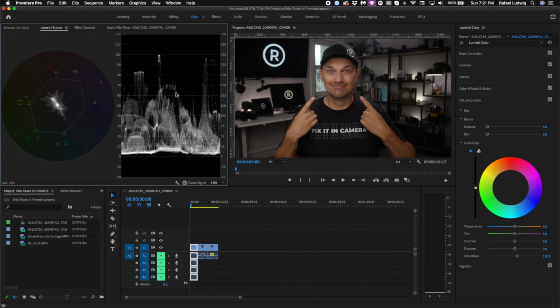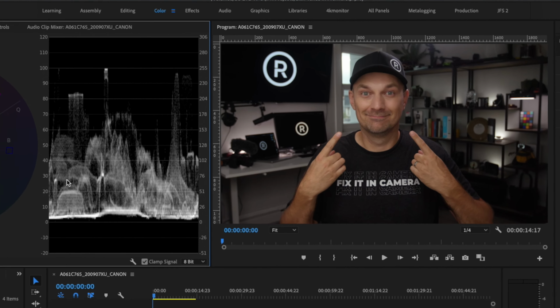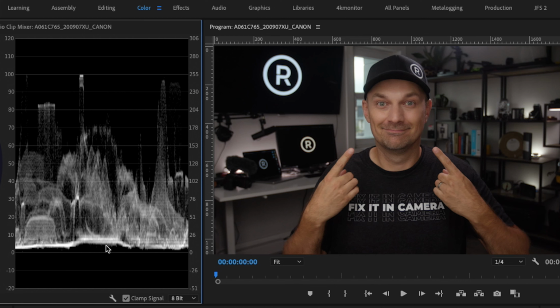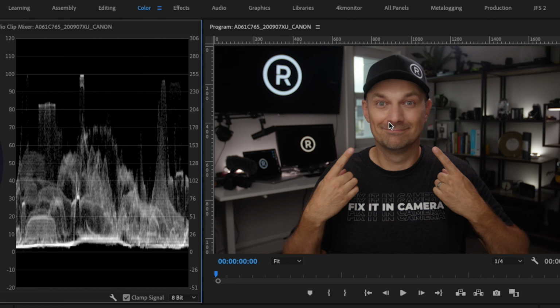So now we can see that the LumaScope is showing us the brightness of the image from left to right. So this right here is DR, that right there is the window. This gorgeous line right here is that. So you can see that the skin tone is about the brightest at about 70 IRE. And then the blacks don't ever get into full on black. But the skin tone,